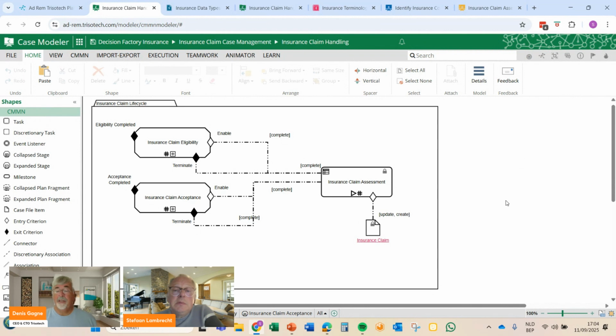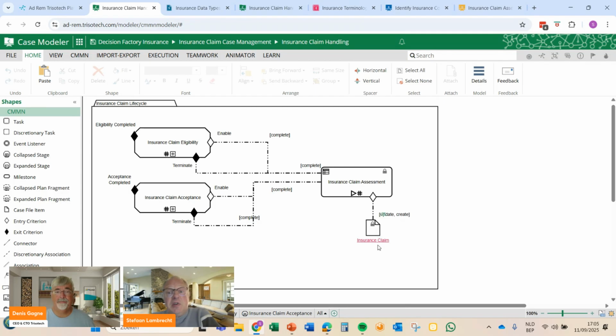So Winton, SDMN, the Shared Data Model and Notation, is a new standard from the Object Management Group, which is the same standard development organization that created BPMN, DMN, and CMMN. They added SDMN for the data logic structure. Yeah, and it allows, in fact, because previously you had decision models, process models, case models, and they all had their own data structures behind them. And in fact, SDMN makes it shared amongst these different models.